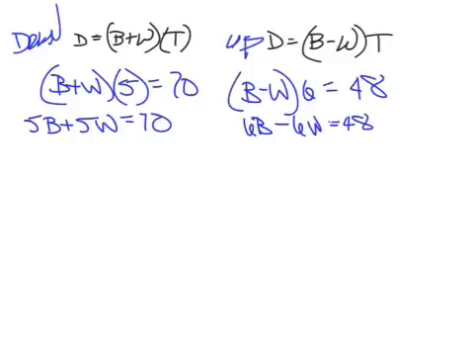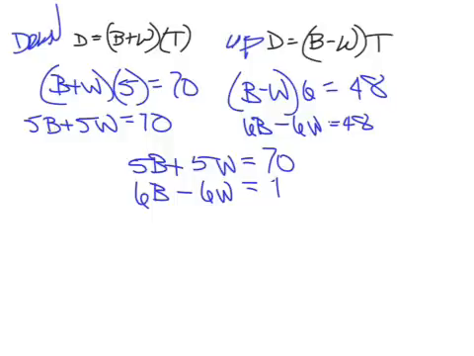Okay, nothing creepy yet. Alright, so now what we're going to do is put those two problems together, stack them, and use a system of equations. Oops, why do I have a 7 there? That was kind of weird. 6b minus 6w equals 48. Okay, so we have a system of equations. So we can get rid of the b or the w. It doesn't really matter. And then we can solve from there. So let's multiply the top by 6 and the bottom by 5, and that will give us our 30s. So we have 30, this is the top one,